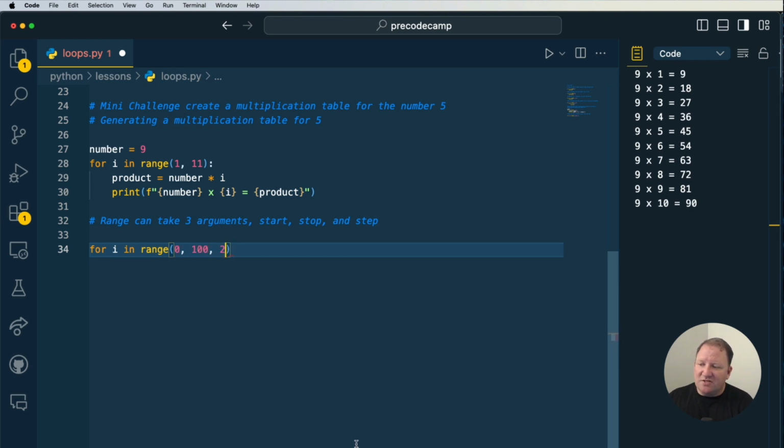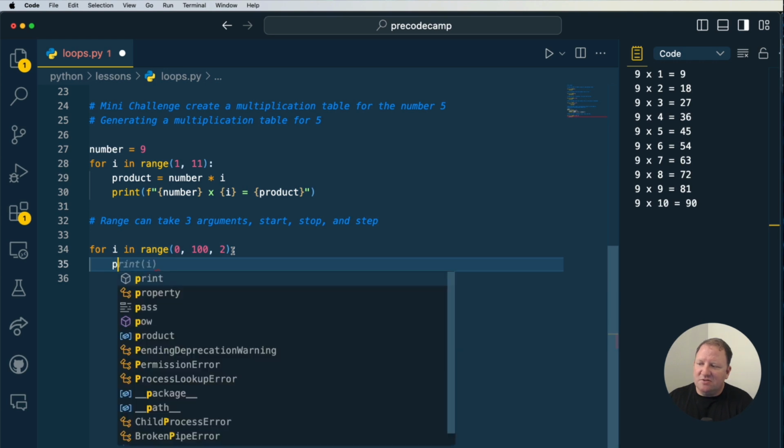And then this is where our step is. The step means how many are you incrementing each time you go through the loop. All right, that might be a little confusing, but just think that if we're starting off with 0 right here, once we get done with this loop, we're going to add 2 to that number. We're going to add 2 to i, right? So 0 plus 2 is 2. And then after it gets done with the 2, then it goes to the 4, and then the 6, and so on. So let's demonstrate that real quick, and then we can just do a print i